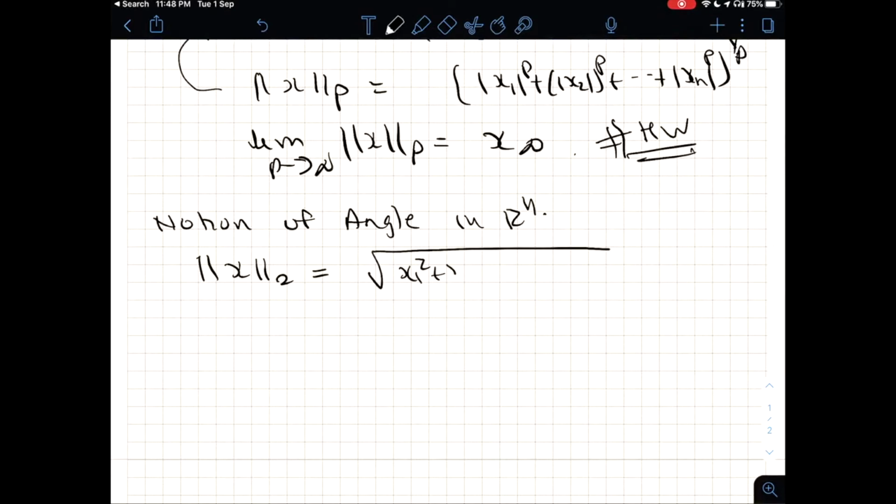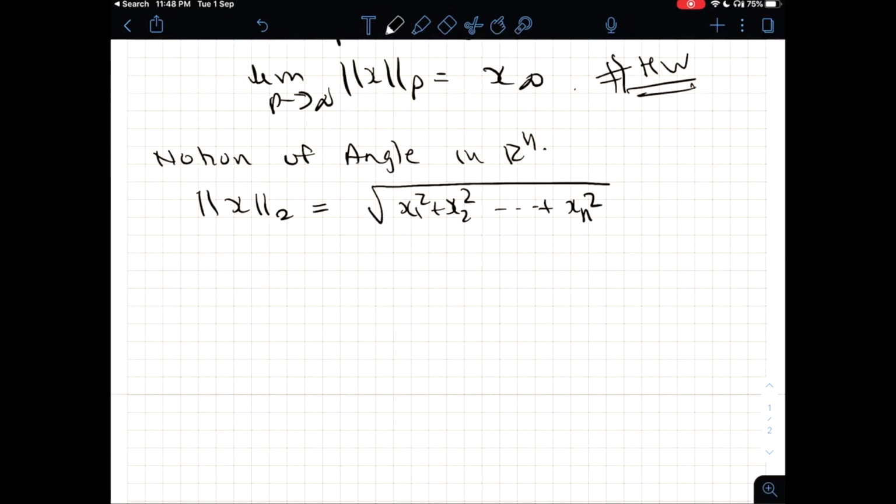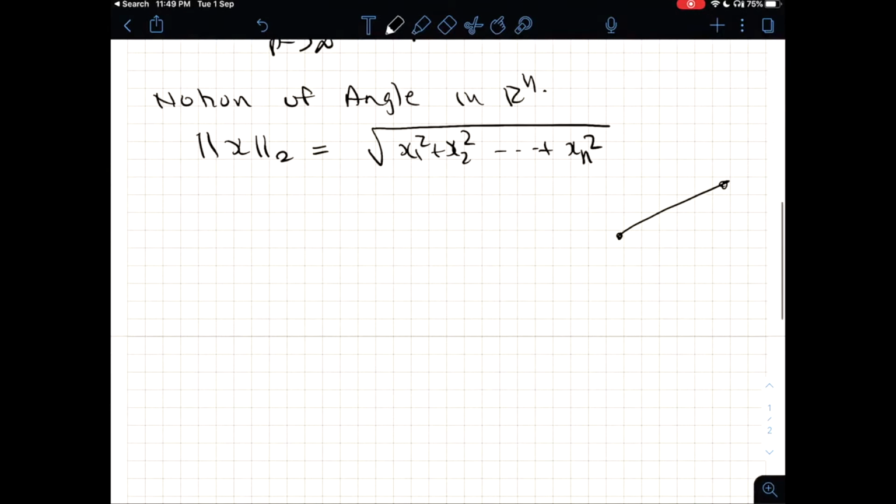I am going to develop the notion of angle with a specific notion of distance, which is the Euclidean distance, the square root of x1 square plus x2 square up to xn square, the aerial distance between any two points. I am going to derive the notion of angle using a specific inequality known as the Cauchy-Schwarz inequality,